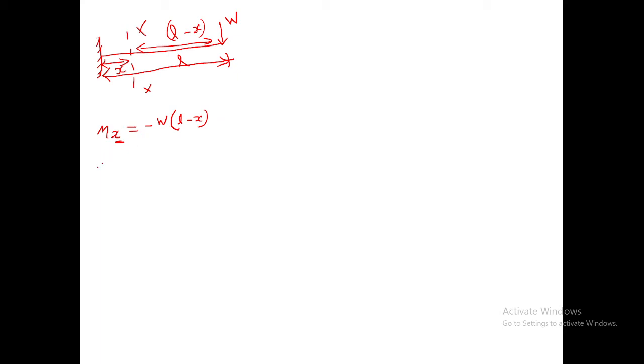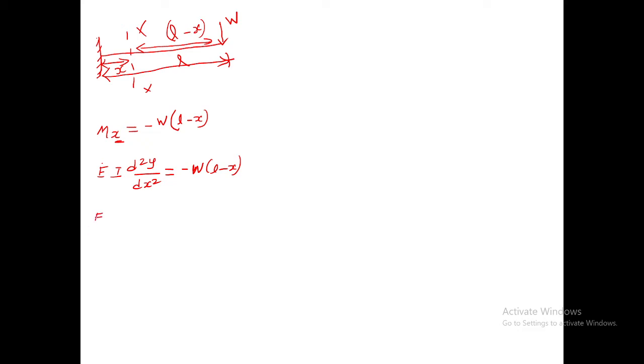So, the moment equation for the beam is EI d square y by dx square equal to minus W into L minus x. This is the double integration method. Using the double integration method,